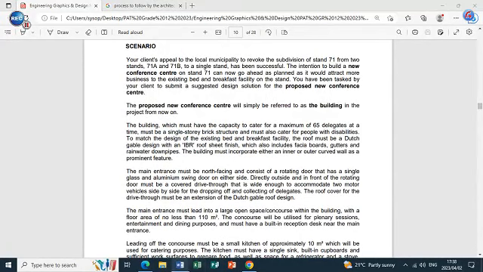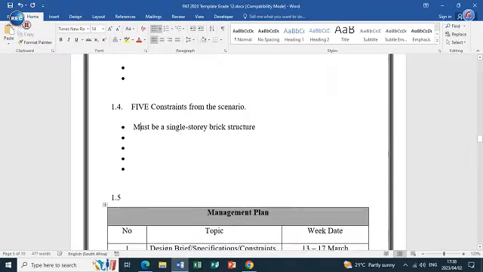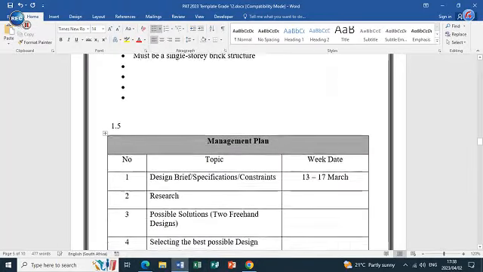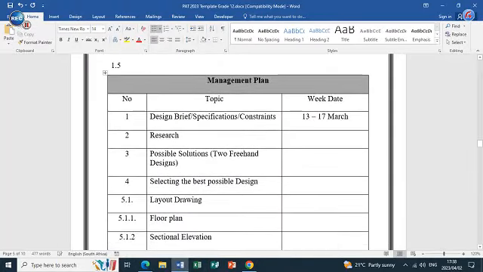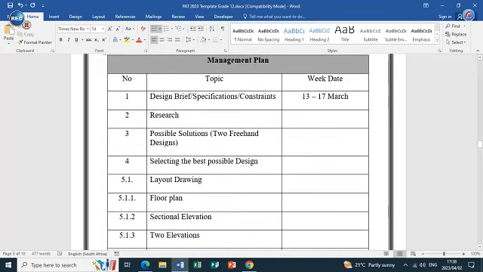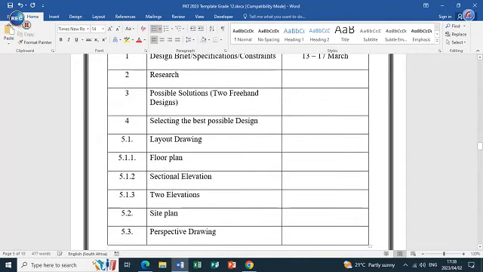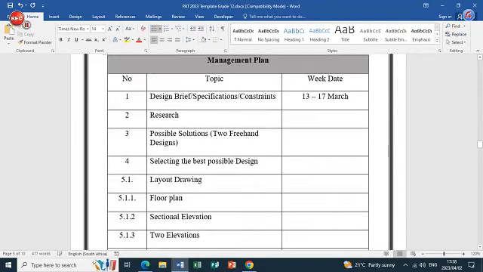So we go back to our template and we will find that we have a management plan at 1.5. It is a direct copy of your index page, but with a difference that there is an extra column here, and the column allows you for dates and even time if you want to. So if you are going to be busy with design brief, specifications and constraints